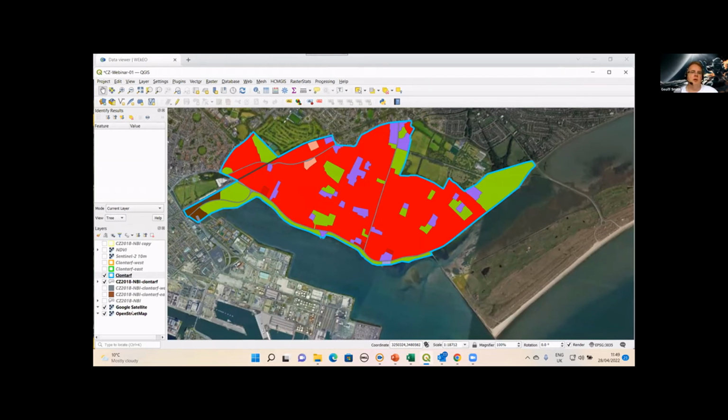We can actually say, okay, why don't we break up the Clontarf area into two separate zones? So we have Clontarf East here, and again, this is all done from my own interpretation, so apologies to anyone who's from Dublin. And then I chose an area I refer to as Clontarf West, which is this area here. I've roughly, using the road network, digitized a boundary between these two areas.